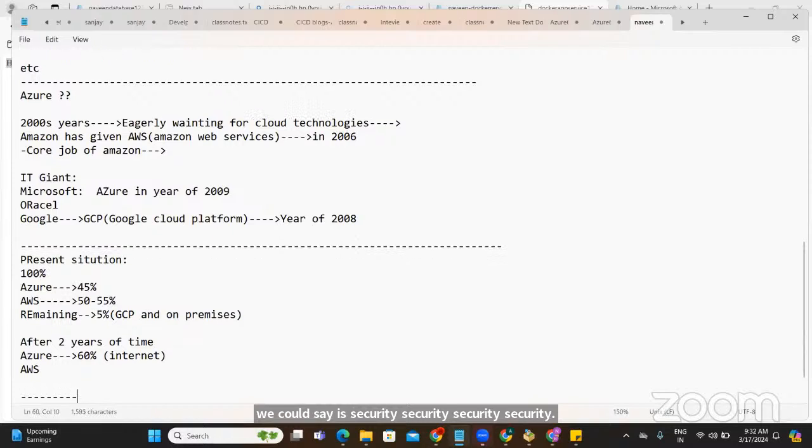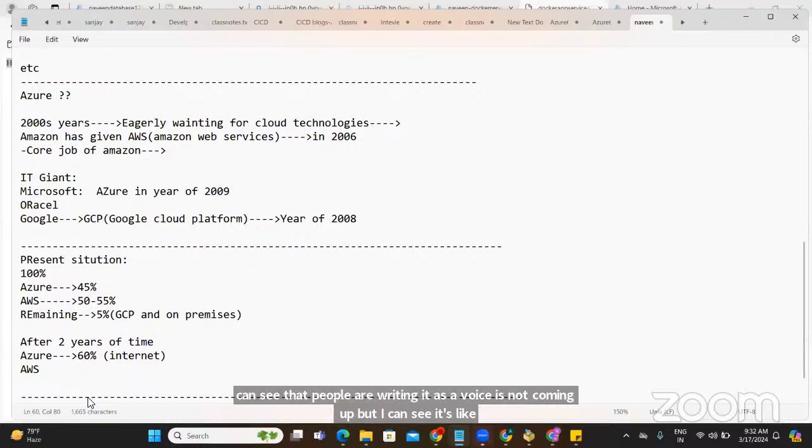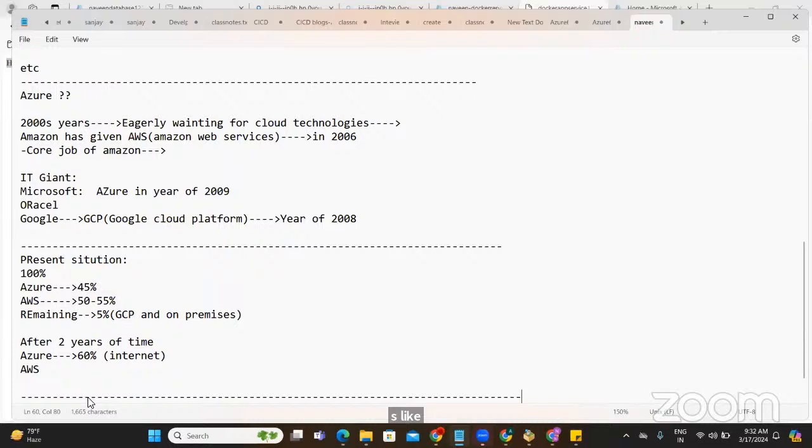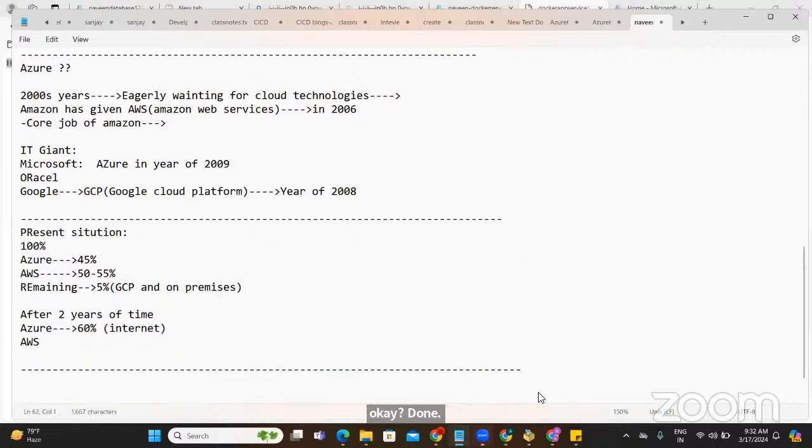Fine, guys. So that we have understood. No guys, are you able to hear me? I can see that people are writing that the voice is not coming up. Hey guys, the guys who are not able to hear me, can you just rejoin the call quickly? Just rejoin it, guys. I request you please rejoin the call. Because it's very audible for every one of you. Right? Perfect. Good. Now let's try to move ahead, folks. Okay. Done. Let's try to go ahead.